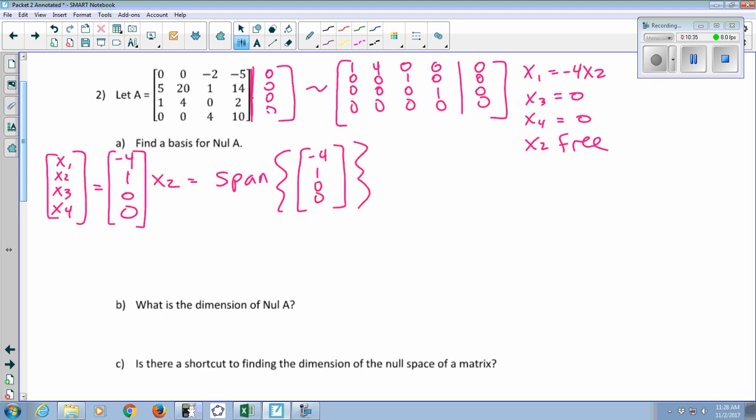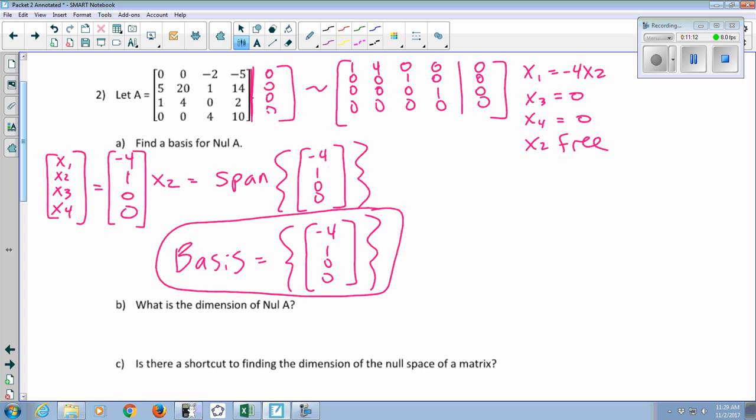Is that set of vectors linearly independent? Yes, any single vector is always linearly independent. And because we have a theorem about the null space that when you do this process, you always get a linearly independent set. So we have a spanning set that's also linearly independent. So that is the basis. So my basis is just this one vector, negative 4, 1, 0, 0. So there's my basis. And then that means that the dimension of the null space is 1, because there's one